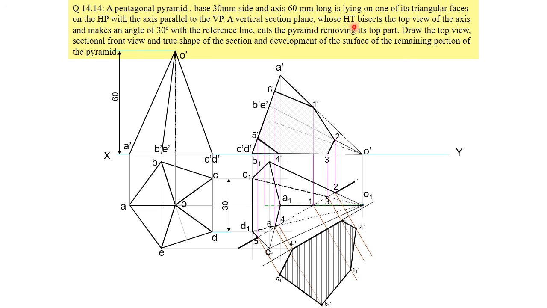Here you can see HT bisects the top view. In the question we need to know, HT bisects the top view. That means it is making an angle with the VP, or with its axis. So that means the HT bisect cutting plane is